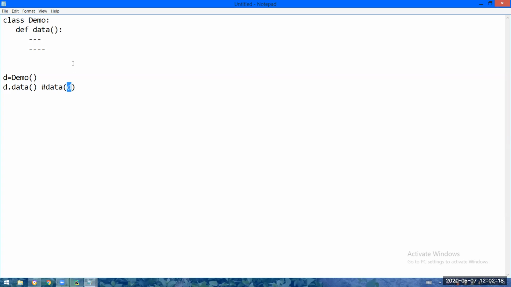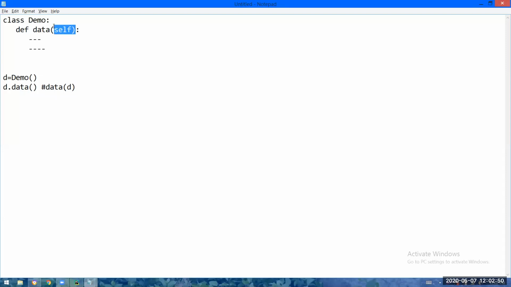To hold that, we are taking an argument self. If I pass 2, I need to take an argument A to hold it. In the same way, if I pass D, you have to take an argument to hold it. That is nothing but self. It can be anything. I can put X, I can put Z, I can put Y, but generally it is self. I will tell you why it is generally self, but you can put anything. So the calling object will be in the self argument.